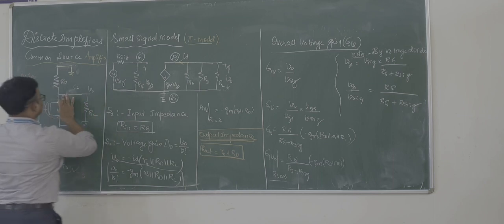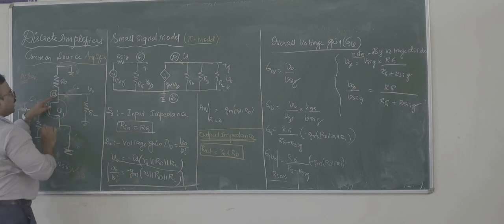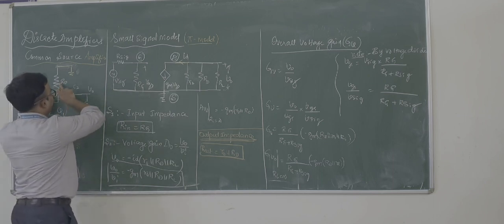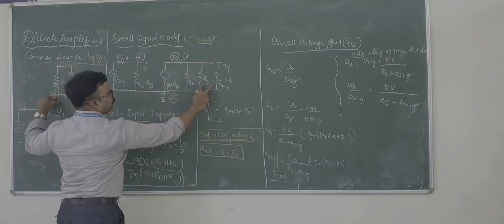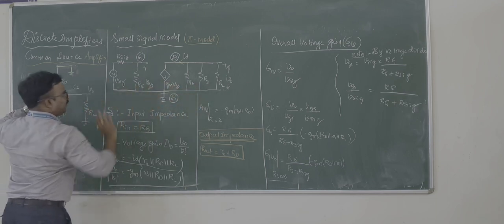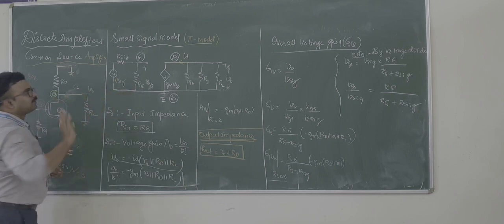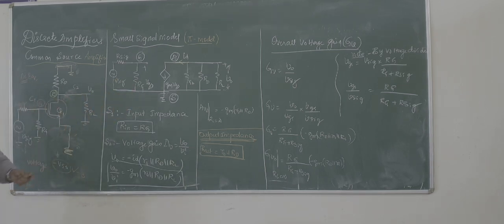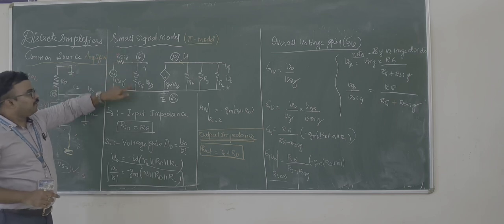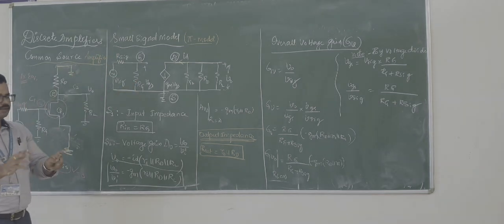At the drain terminal, you have RD and RL, those two in parallel, that has been written. At the input side, you have the source VG with internal impedance of RG, and the RG resistor is written. Thus the small signal model. The small signal model is only due to the AC, nowhere is DC considered.